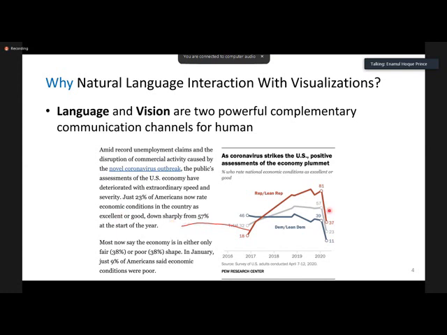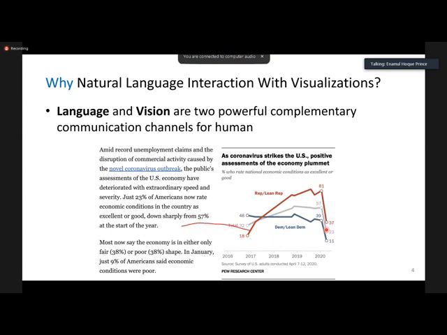So what we see from here is that language and vision are the two important modalities that we possess as human beings. And if we can combine these two modalities, then we can explain things in a more synergistic and more effective way, rather than with only vision or only natural language.